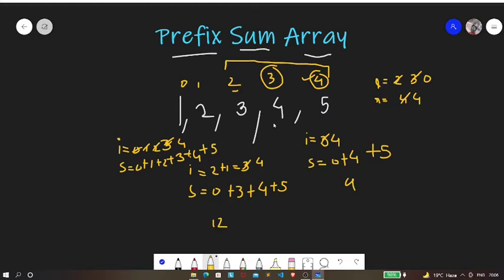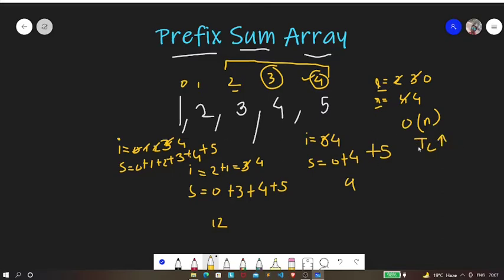Now what exactly are we doing over here? If you observe properly, we are actually performing the same operation again and again. Now what is the operation? We are actually traversing through the array each time when L and R change. Hence we are performing this operation again, due to which we are performing big O of n operations whenever L and R are changing, and hence this is actually increasing our time complexity.